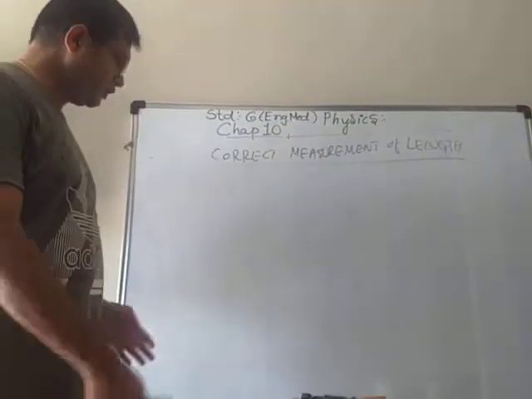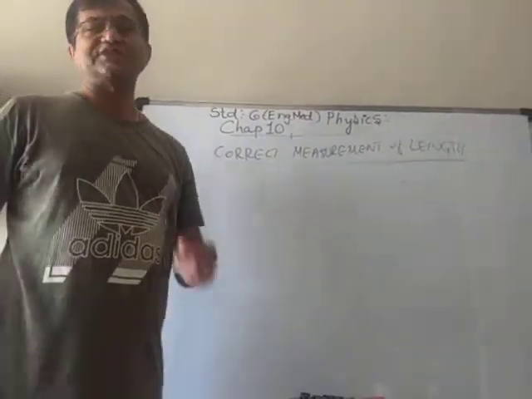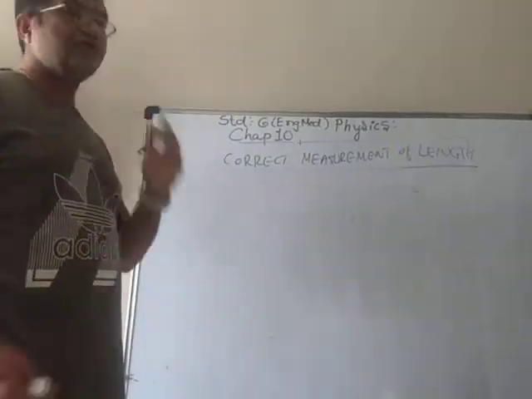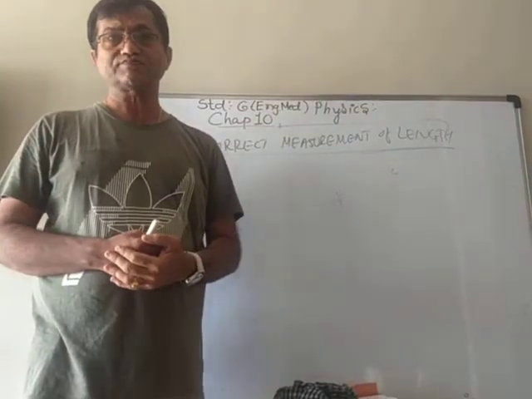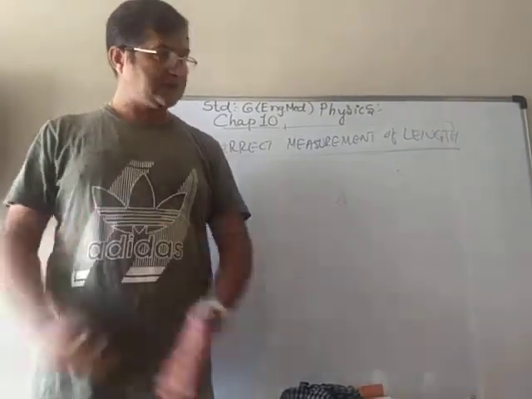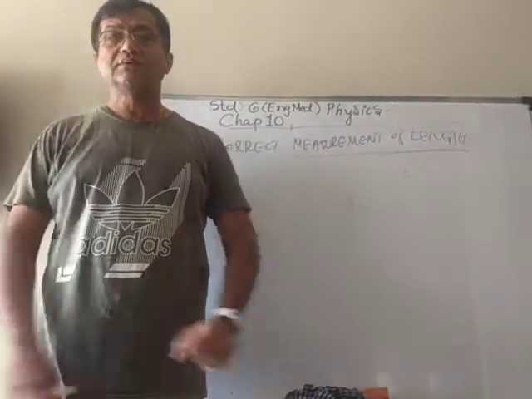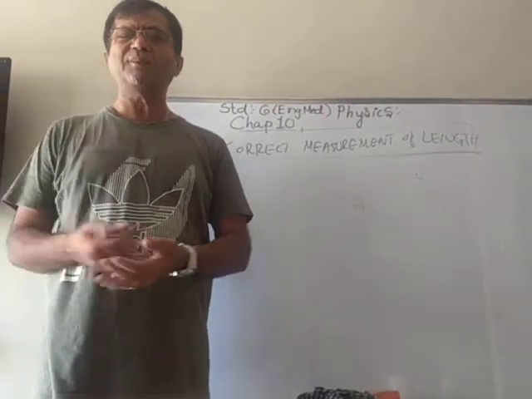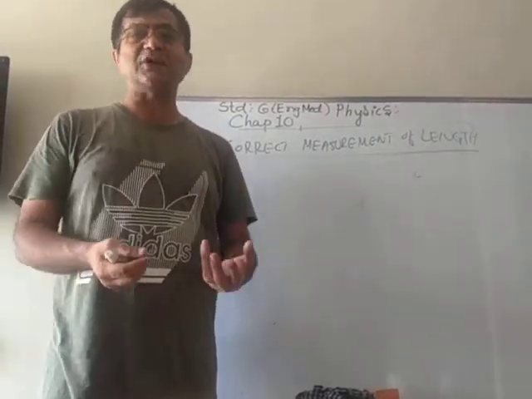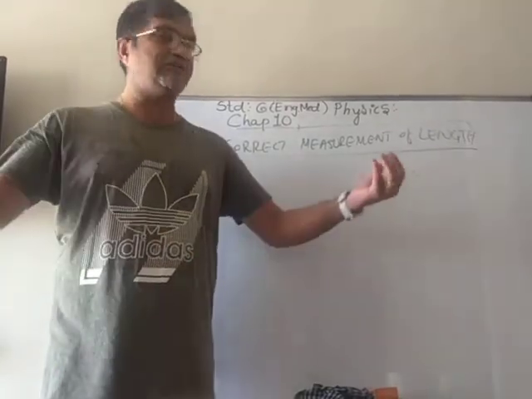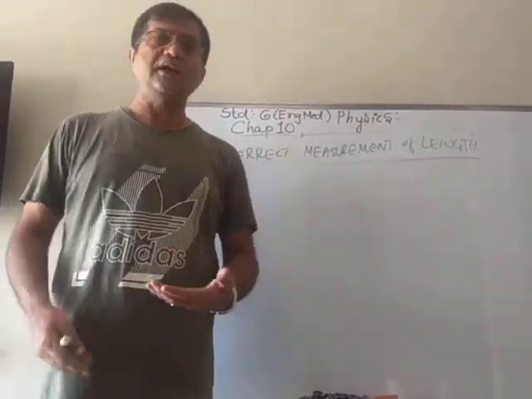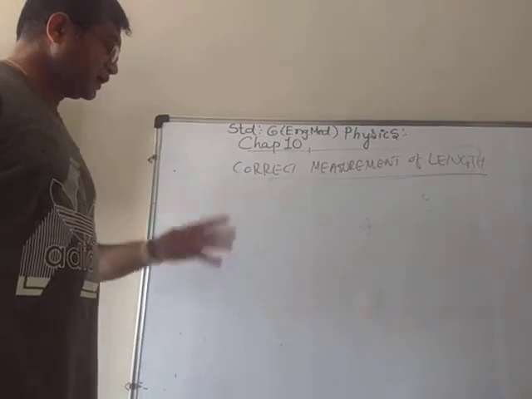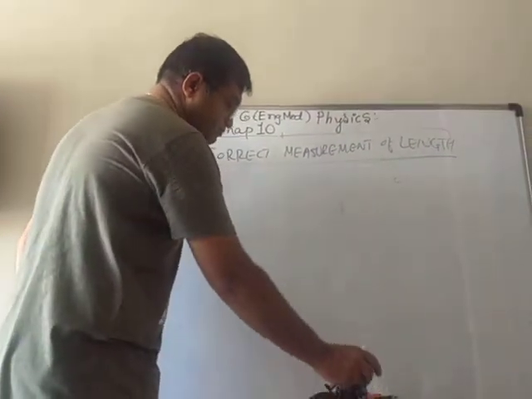For example, if you want to measure the length of this board or your desk on which we are sitting every day, at that time you can use your small scale or the big scale. But if you want to measure the length of this whole room, then what will you use? The scale is not suitable. There you know that a measuring tape is also available, a big metal one or the other one. We will use that one, and so on. So we have to use a different type of measuring device, whatever is convenient for you.